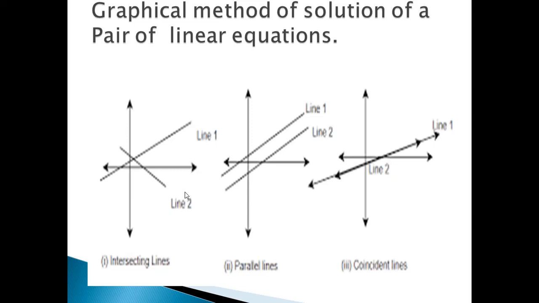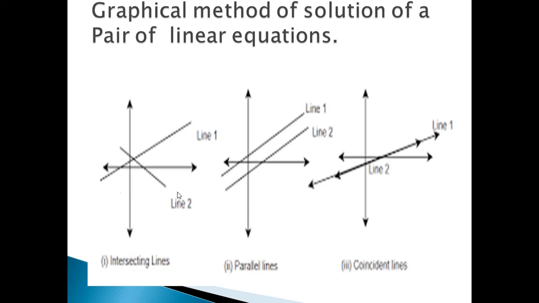Students, recall yourself. We already know how to represent a linear equation on a graph, is it not? We are getting a straight line on the graph sheet, is it not? That is a linear equation on a graph. Here we are getting two equations with two variables. While solving those two equations, we are getting the equations like here.